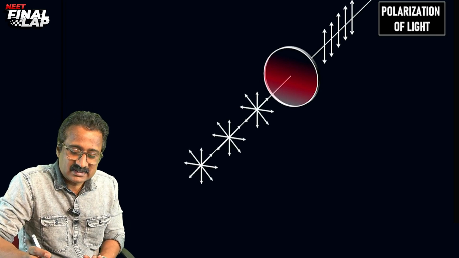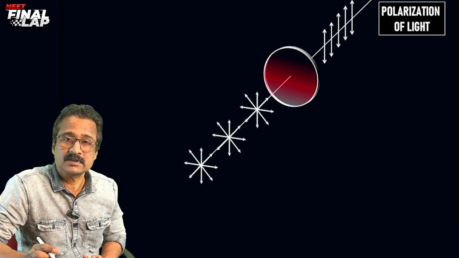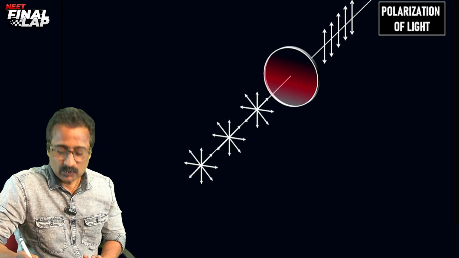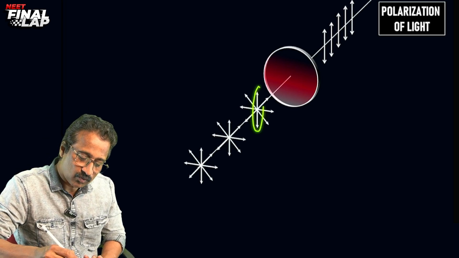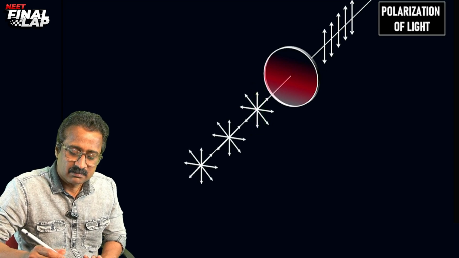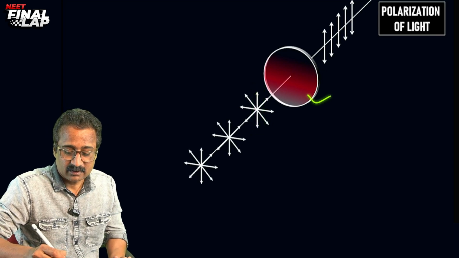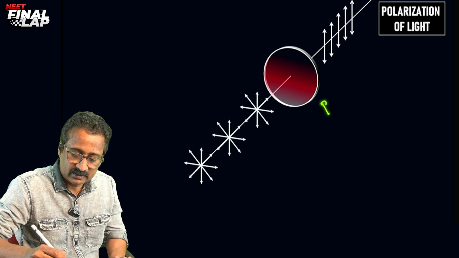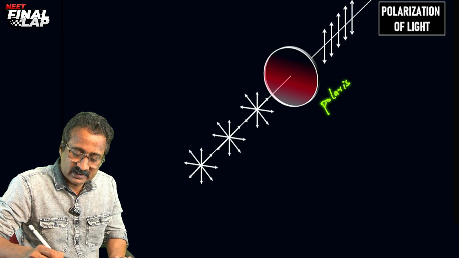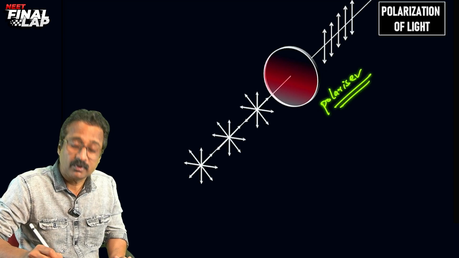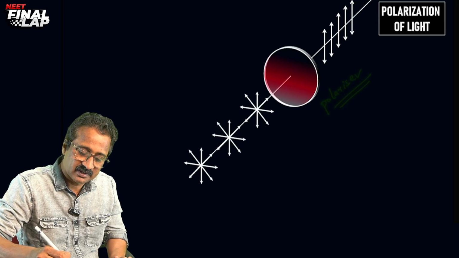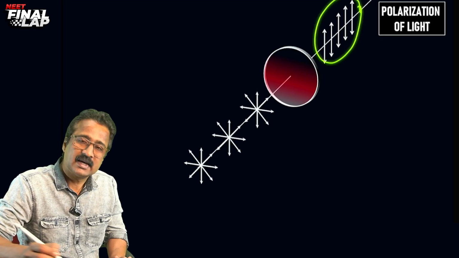If something like this is happening to light, this phenomenon is called polarization. So ordinary light has, in fact, oscillations in multiple directions, but when it passes through certain suitable materials, generally I can call this material a polarizer or polaroid. I'll call it a polarizer. So when this light is passing through polarizers, the vibrations are confined to one single direction, and that phenomenon is